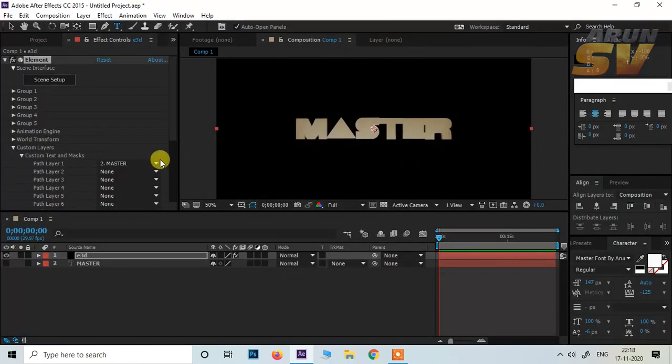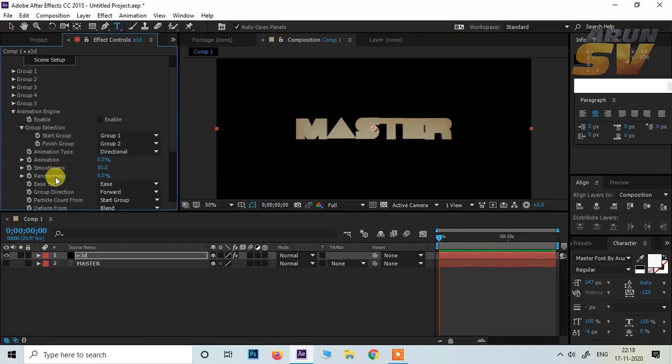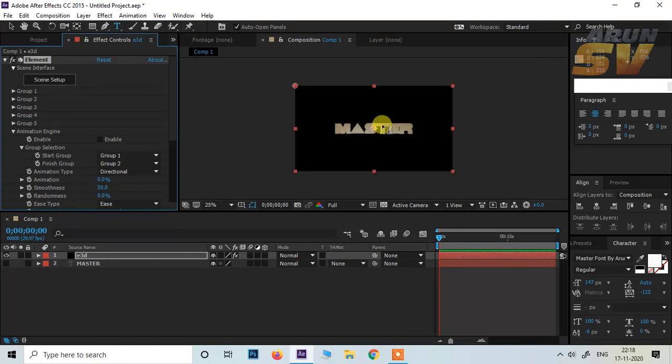It is for animation engine, because animation engine works based on the principle that one is transforming into another. Start group is group 1 and finish group is group 2. When we enable the animation engine, we can transform the start group to the end group.